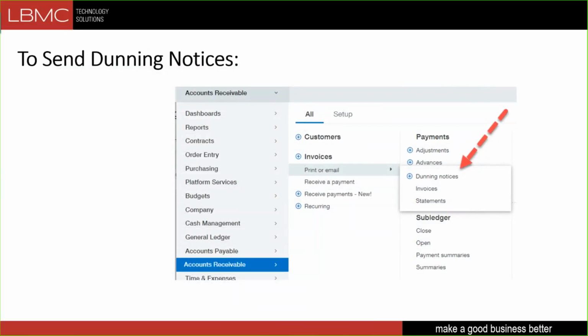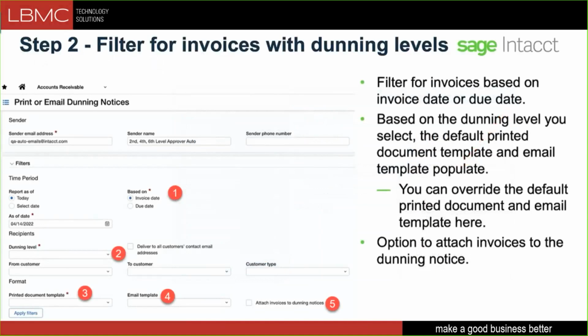So then when you're ready to send them, the process is going to be very similar to sending invoices or statements. You'll go to AR, and under invoices where you see print or email, you'll now have the choice to select dunning notices. So you will select that, and then you will create your filter for